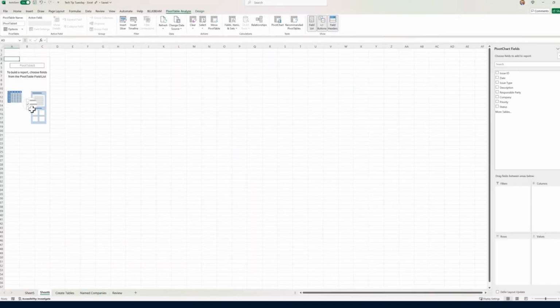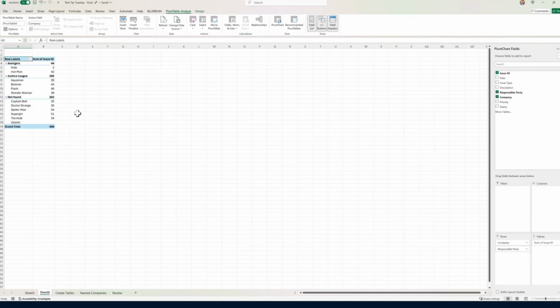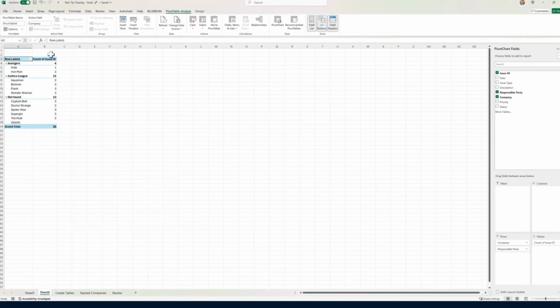And now let's look at this pivot table here. I'm going to grab a row by responsible party. And maybe I'm going to pull in responsible company. And I'm going to count issues here. I have sum of issues. So that's the sum. I want to actually come down here to the right, go to my field values, and I don't care about the sum. I care about count. So I can look, the Avengers have 4 issues, Justice League has 11, and then here's